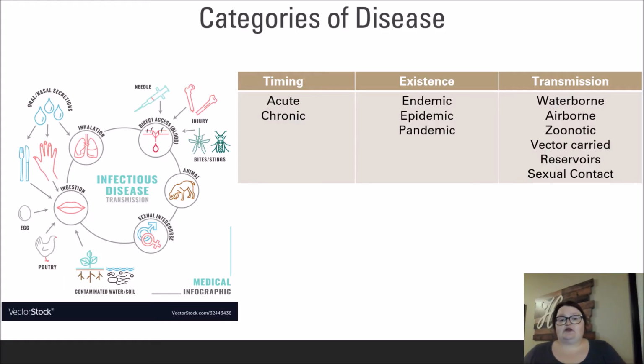To discuss infectious disease, we have to talk about modes of transmission and the ways in which we categorize diseases. Generally, diseases are identified as being either acute or chronic, meaning that they are sudden onset and fast resolving, or that they come on gradually and last for a long time. The flu would be considered an acute illness, while asthma is chronic.